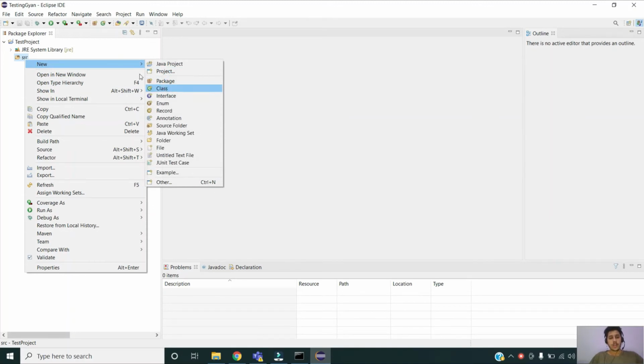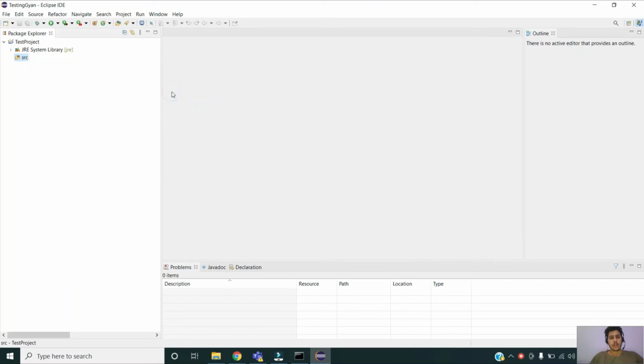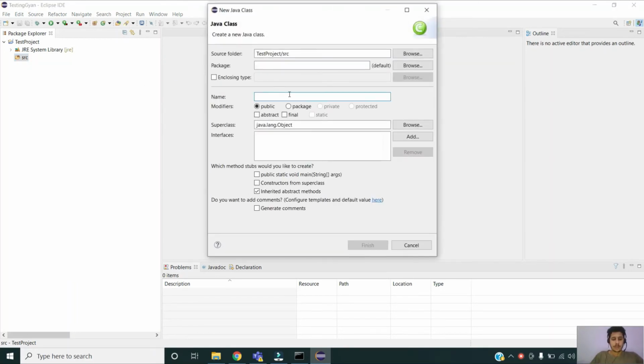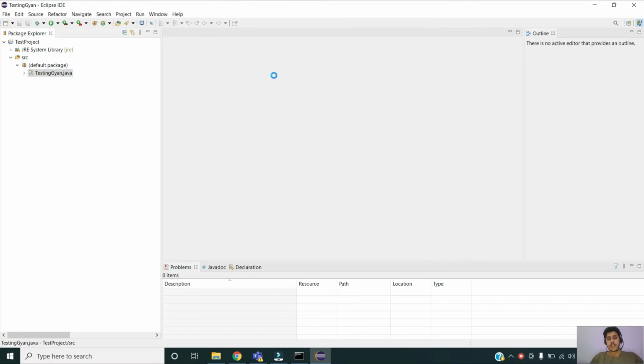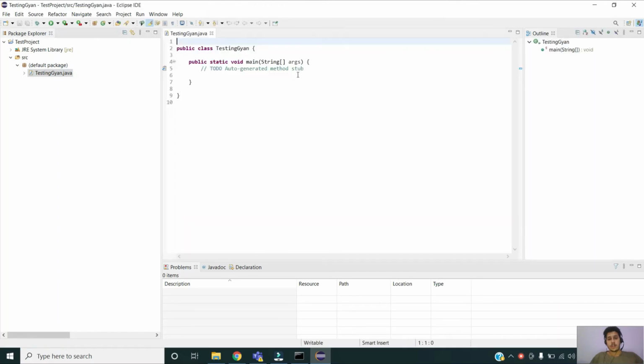In order to create a class, click on New and then click on Class. So I'm creating a new class. I will give it some name, Testing Gyan. As you can see, this IDE gives you features such as writing the syntax for the main method of Java. If you are not using an IDE, you have to write out the complete syntax, but if you just check this checkbox, it will give you some pre-filled syntax in that class file. As you can see, the main method is already written for me. So now I just have to write out my code.